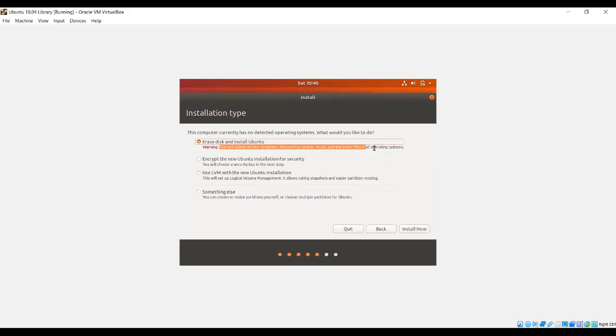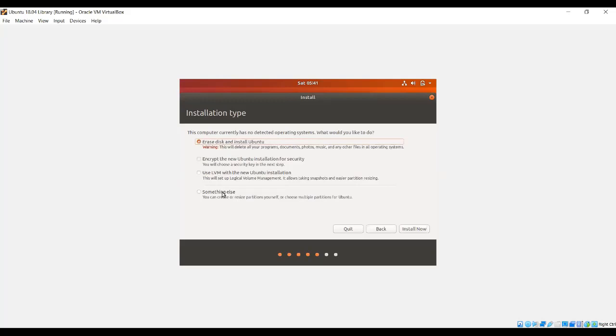If you are going to install it on your old PC, you need to take a backup before installing Ubuntu. In this case, we are using a virtual machine, so it is not going to disturb our host operating system. I want to erase disk and install Ubuntu.